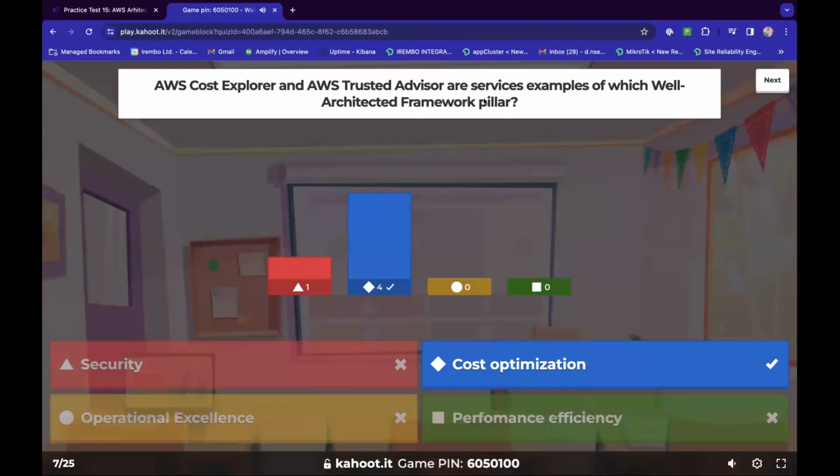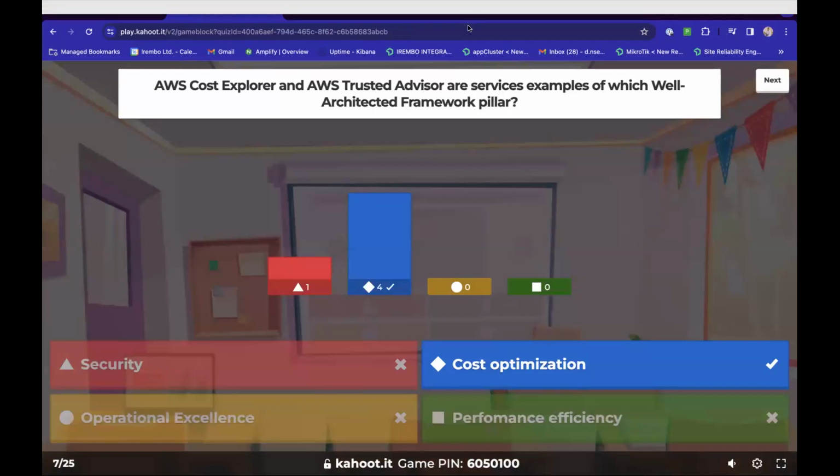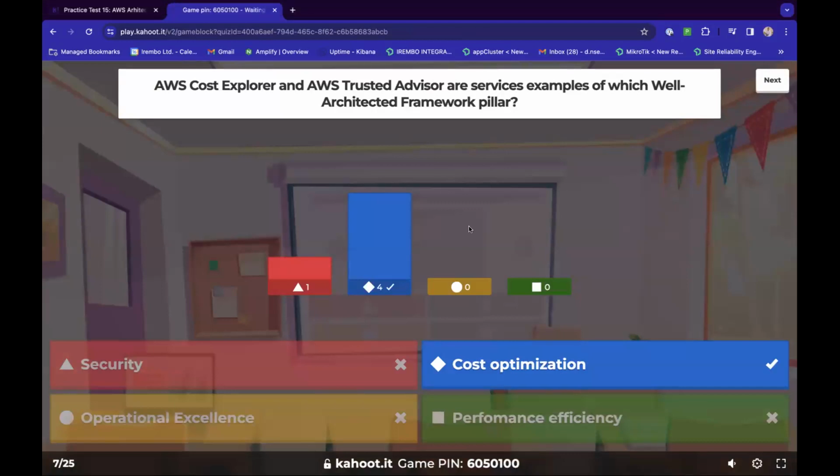So yeah, Trusted Advisor is part of cost optimization, since it can basically show you where you're spending more, or where you're maybe using more than anticipated, if I may say. So yeah, it's an advisor.